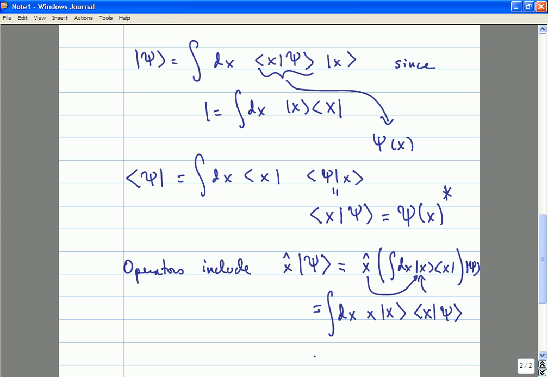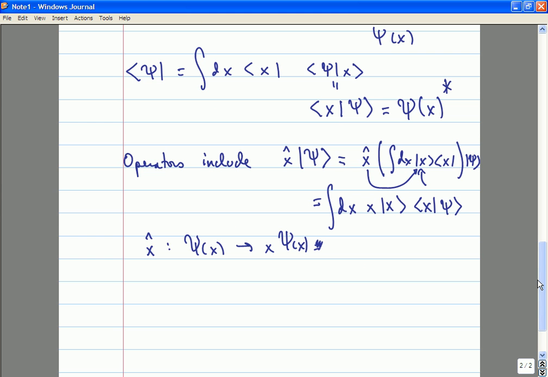So what are we saying here? What we're saying is that the operator x takes the wave function and multiplies it by the function x. So the operator x takes the wave function psi of x and multiplies it by x. Right? That's all this equation is saying. But it's often helpful to think about this in a slightly more abstract Hilbert space language, as I have done up above.